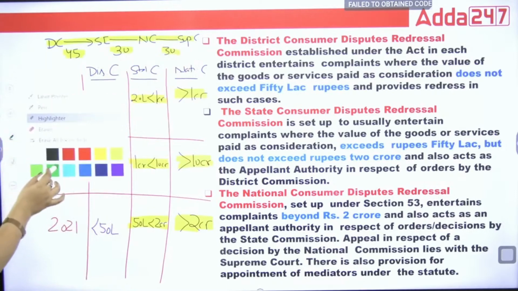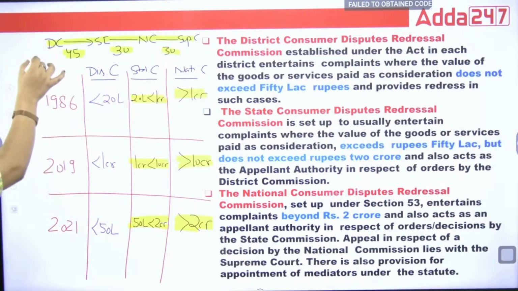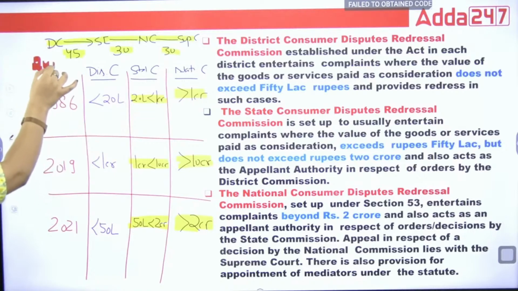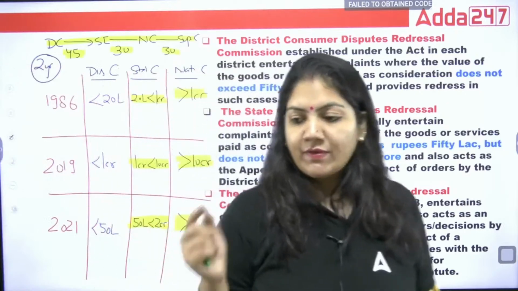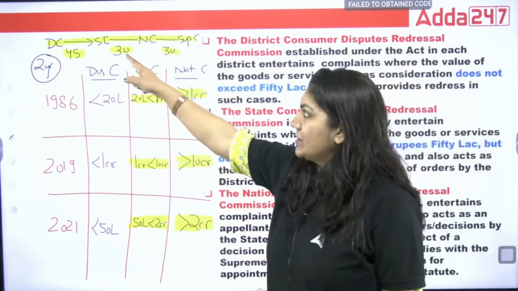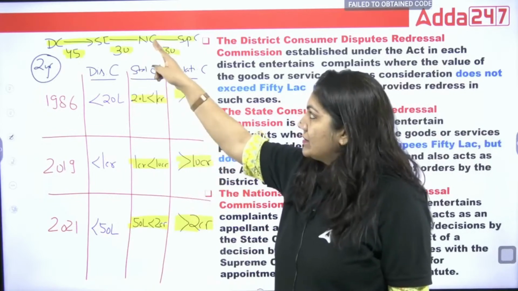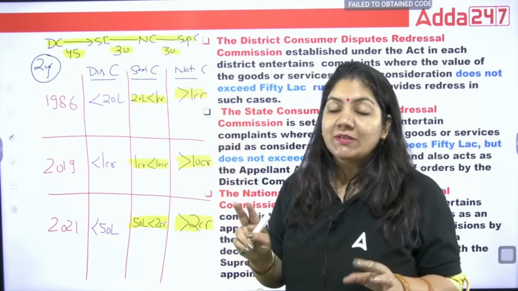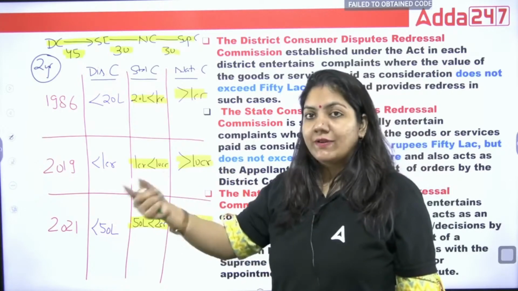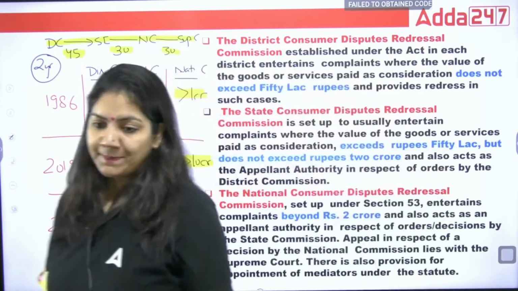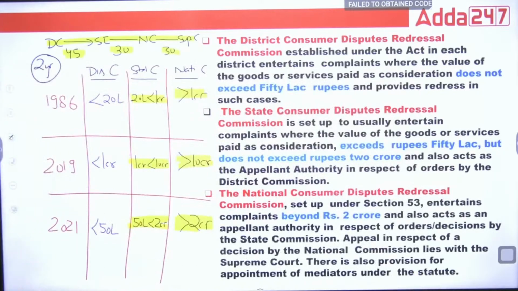And if Nikita ma'am wants to file the case, Nikita ma'am has a limitation period of 2 years. 2 year limitation if I want to file the case to the District Commission. If I want to file the case directly to the State Commission, 2 year limitation. National Commission, 2 year limitation. Limitation means within 2 years I have to file the case, otherwise my right to file the case will be dissolved. That is very important.